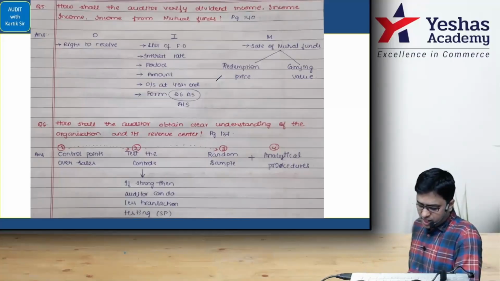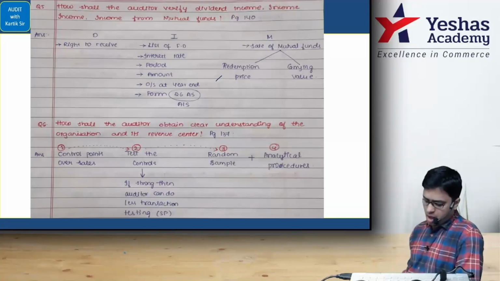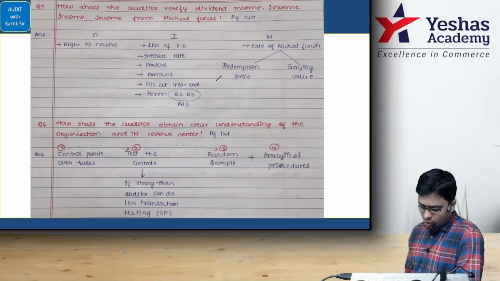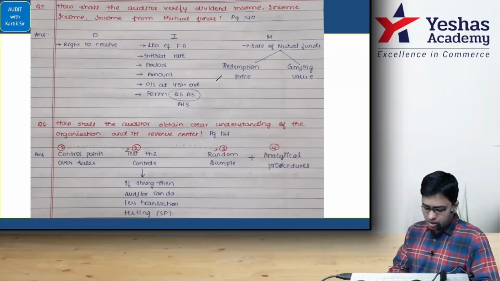Verify that the same are recognized in the profit and loss account. Only when underlined there, the right to receive payment of dividend is established, provided it is probable that economic benefit associated with the dividend will flow to the entity, and the amount of dividend is reliably measured, properly measured. Amount is proper. Let's go to the first point here.